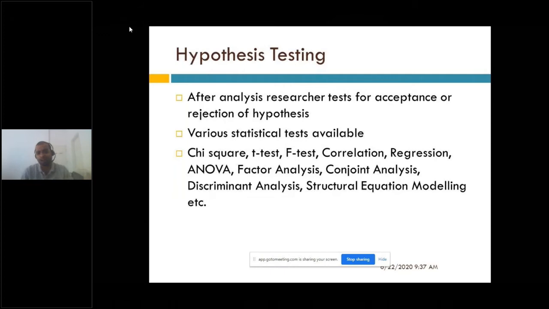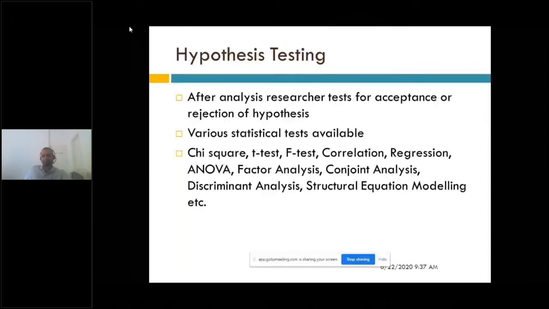Hypothesis testing. After analysis, the researcher tests for acceptance or rejection of the hypothesis. Here, I deliberately mentioned acceptance or rejection. I already discussed that the alternative hypothesis and null hypothesis are complementary, not opposite. So technically, if we say acceptance, it's wrong. Either we reject the hypothesis or fail to reject the hypothesis. We have to bear that in mind in the case of statistical hypothesis. Now we should understand what the